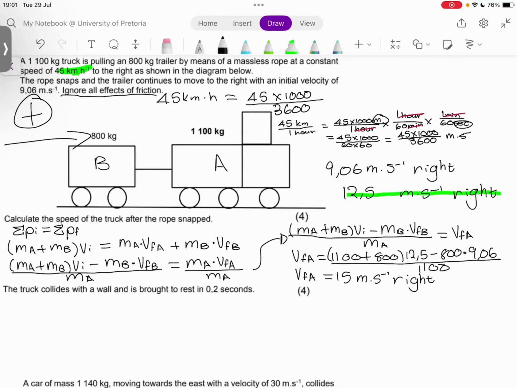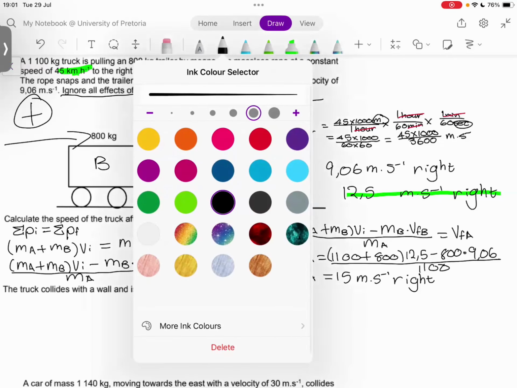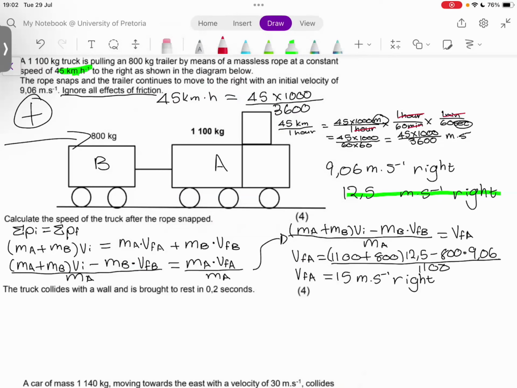Seems as though everybody is on the same page. Somebody just asked, should we include all the steps? For this question in particular, we get a mark for this right here. We'd get another mark for doing all our substitution. Or two, in actual fact, we get 2 for doing this over here. And then we get 1 mark for the final answer, which is that right there. Somebody asked, is the mass of A 1,100? Yes, the mass of A is 1,100.